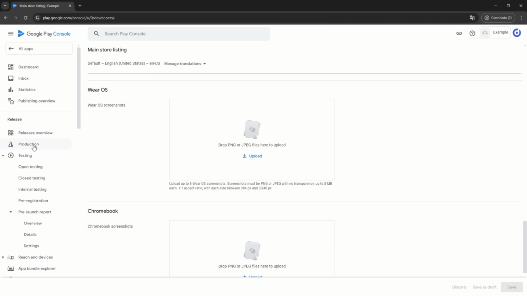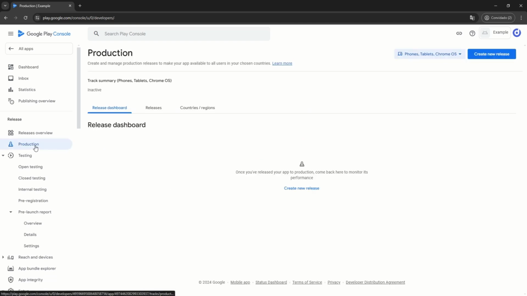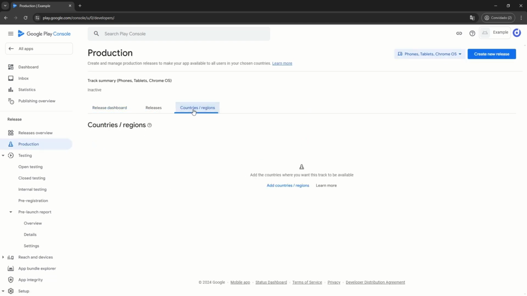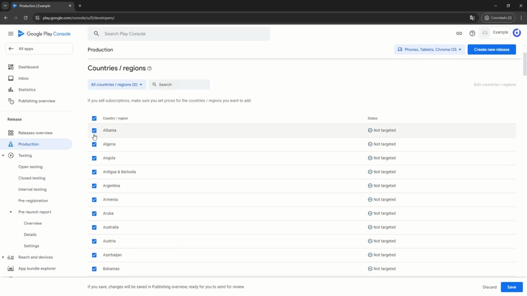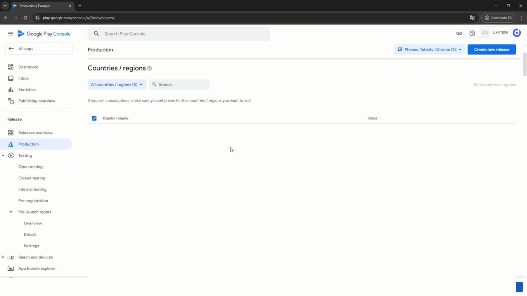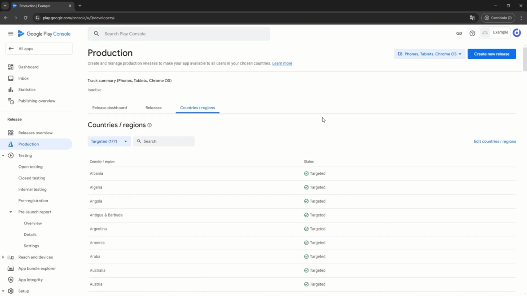Now it's time to upload the apps. On the sidebar, click on Production, then click on the Countries tab, then Add Countries. Select all the countries you want your app to be available in, then click on Save. Now here on the top right side, make sure Phone, Tablets, Chrome OS is selected. Then click on Create New Release.